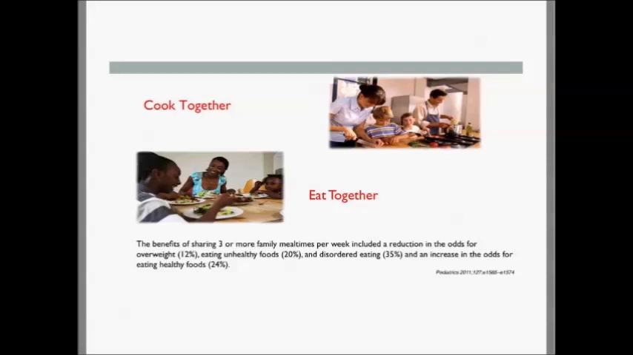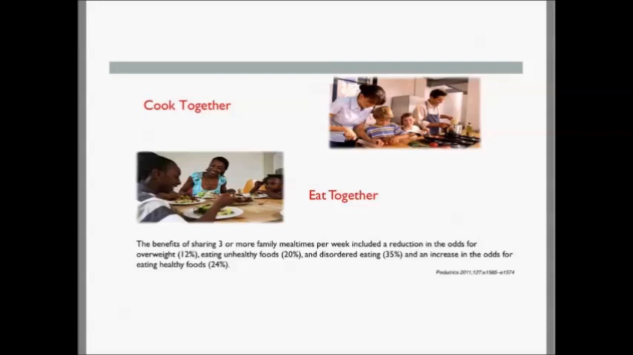And it is so important for so many reasons to do this. It gives your children appreciation for the food that they're putting in their mouth. It also helps from a social standpoint. So the benefits of sharing 3 or more family meal times per week include a reduction in the odds for overweight by 10%, eating unhealthy foods by 20%, disordered eating 35%, and an increase for the odds of eating healthy